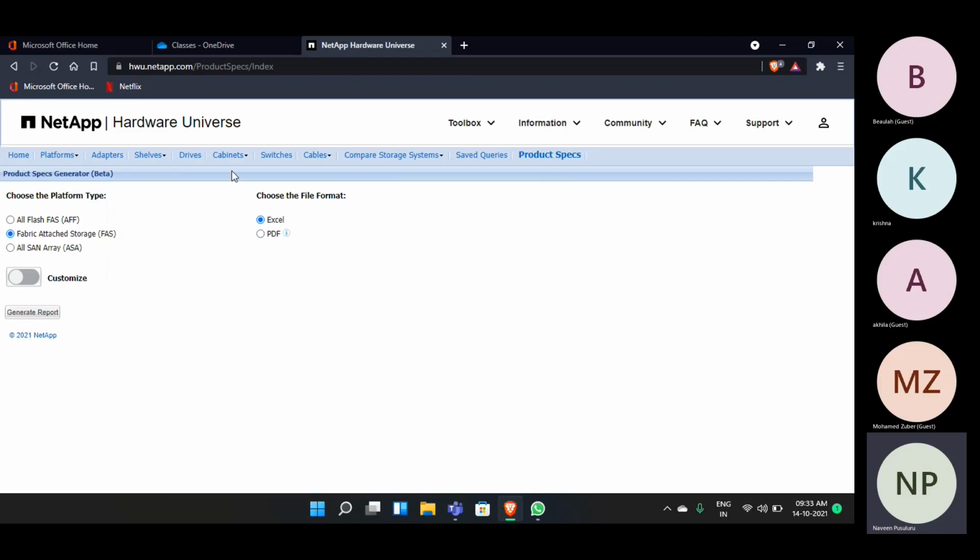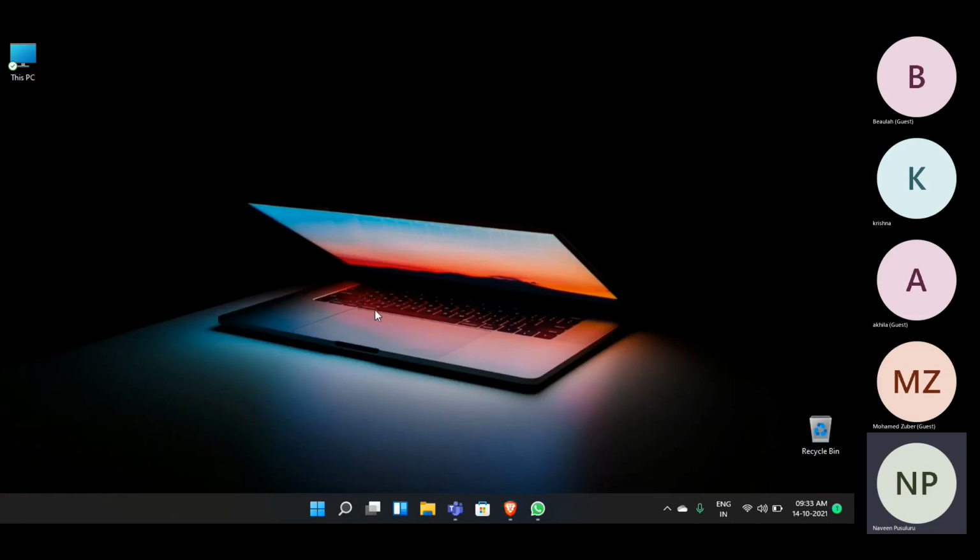Okay. Normally, this is the way you can check the maximum version and the platform mixing, all those things in the hardware support. Okay. Now,